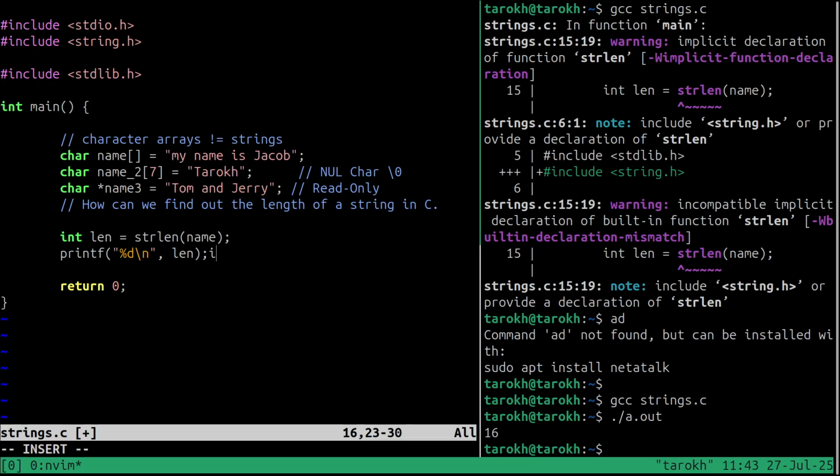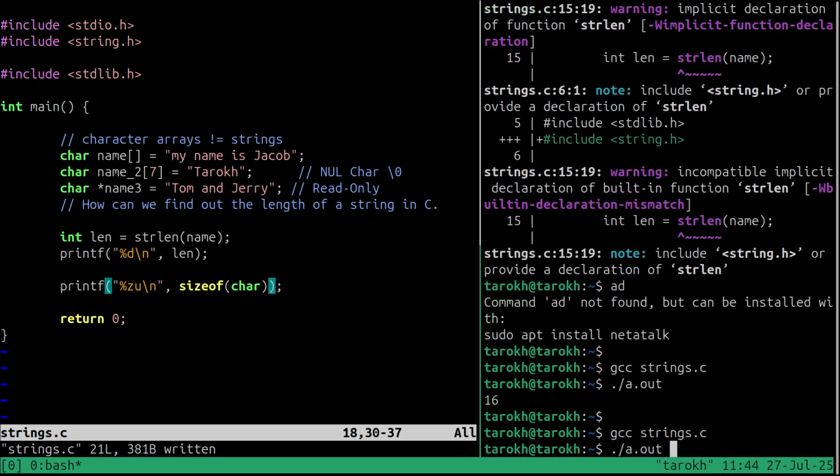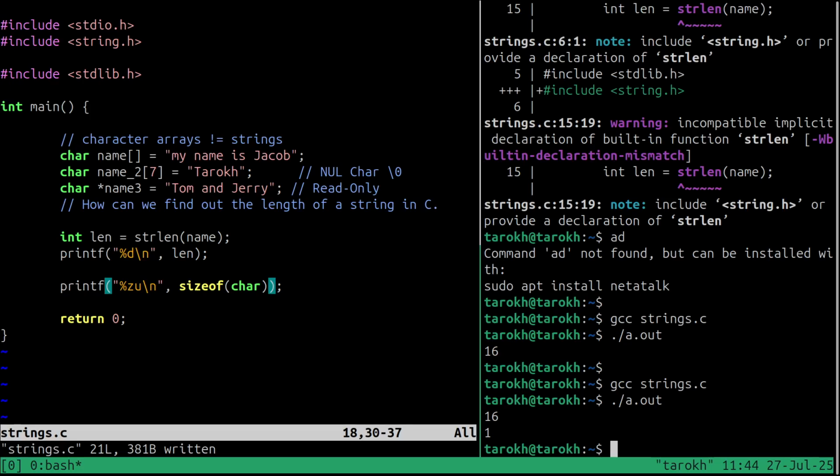Another thing we can do is using the sizeof. As you know, or you don't know, we can use the sizeof function to find out how many bytes is, for example, a char. True. So here it says 1. So each char is 1 byte. True. Now if I say the size of, for example, name,